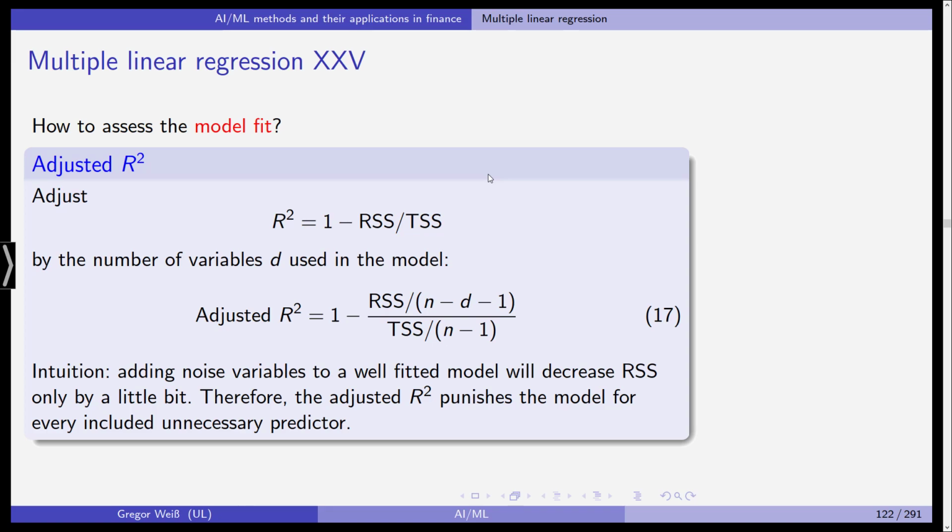So that's why in the adjusted R-squared, we take the R-squared and we correct it by the number of variables we've included. Adding noise variables to an already well-fitted model will decrease the RSS only by a little bit. So the adjusted R-squared punishes the model for every included unnecessary predictor, every noise variable that is included in our model. So to see this,